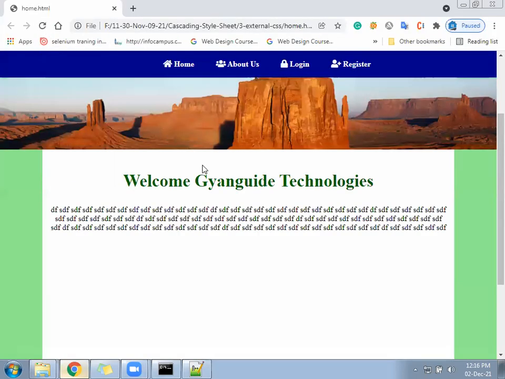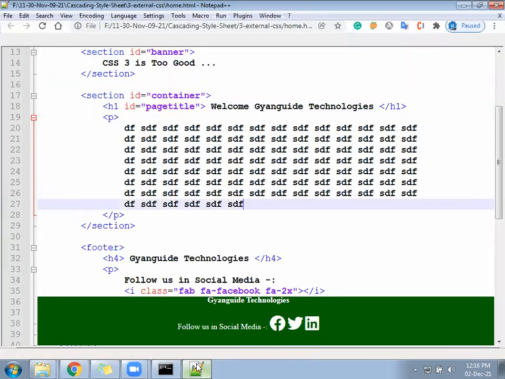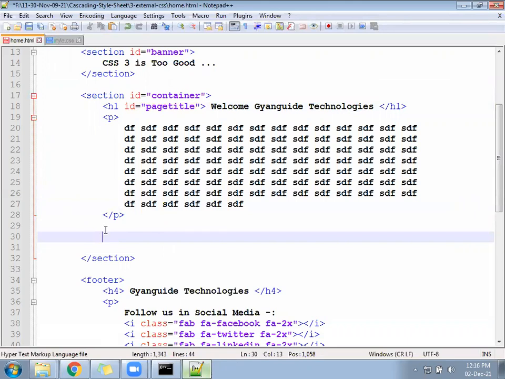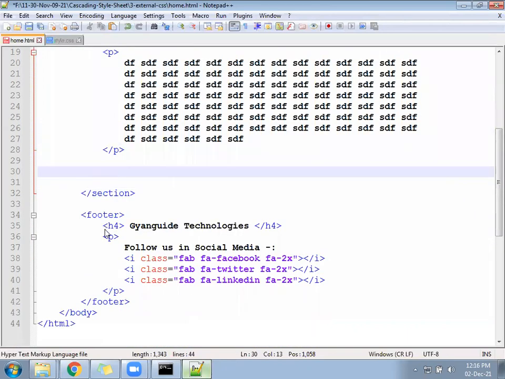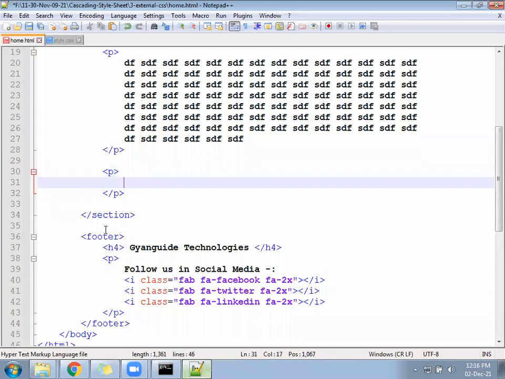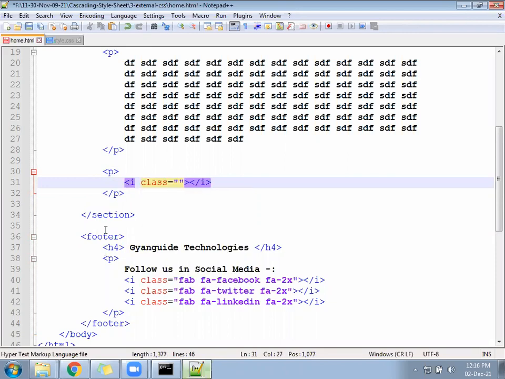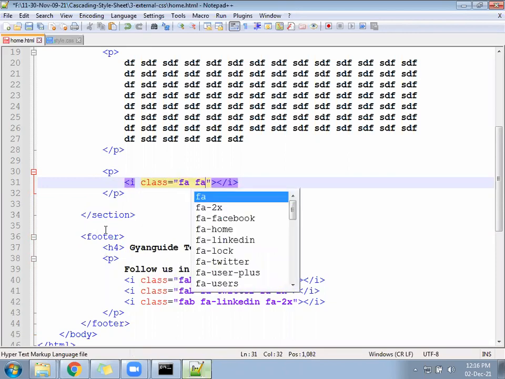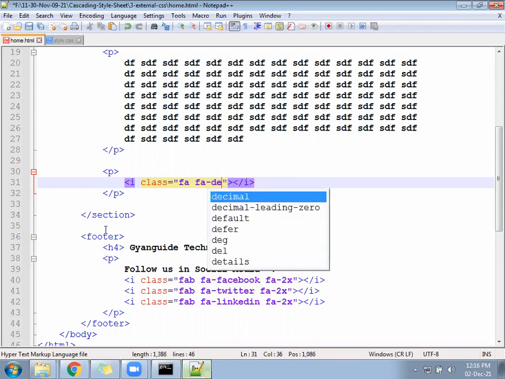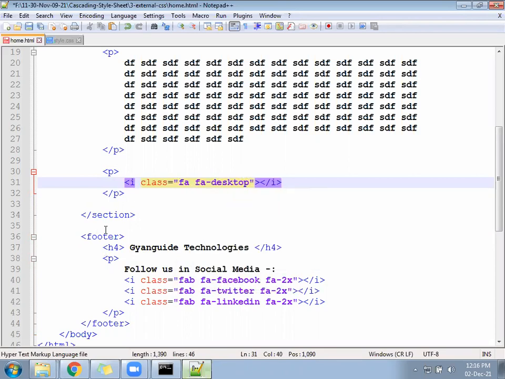Okay, next after that, come down. After this paragraph, we want to display a paragraph inside which there should be one icon and some text. So the icon will come like this: class equal to fa-desktop and fa-5x.